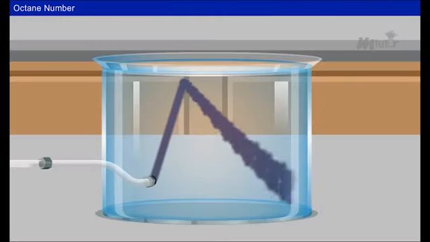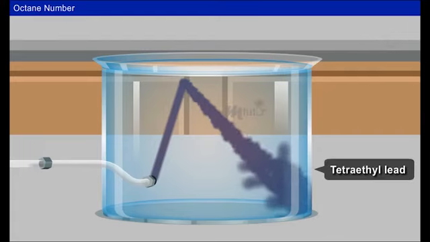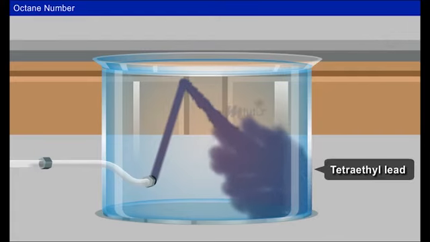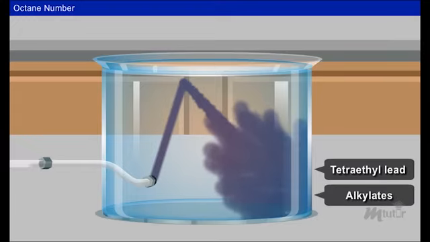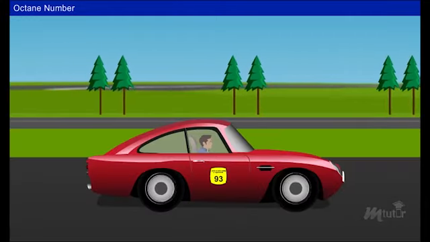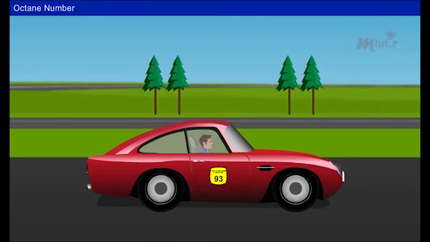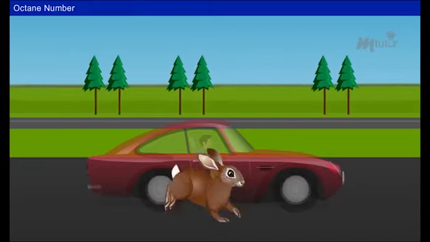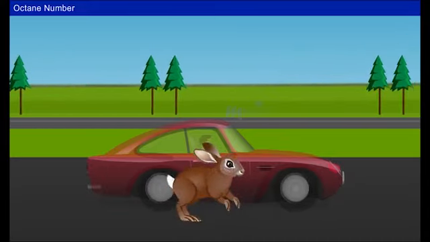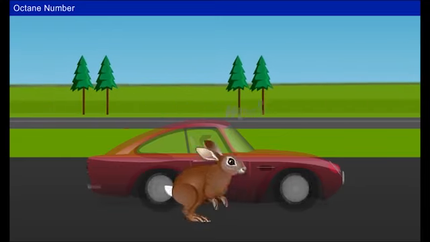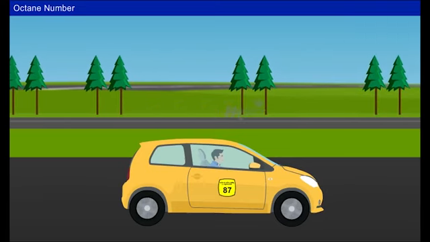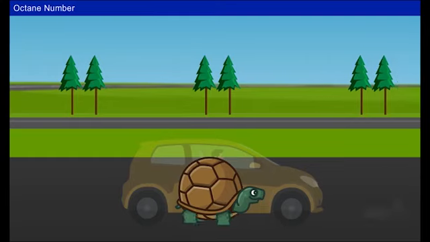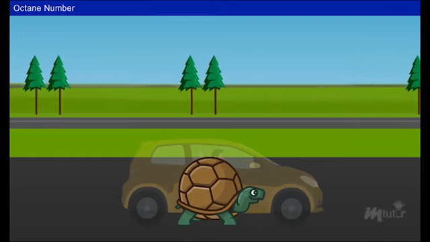Octane number can be improved by different methods. Tetraethyl lead, TEL, is the most common anti-knocking agent added to improve octane number. Nowadays, octane number is improved by adding alkylates to gasoline. Octane numbers for gasoline used in automobiles vary. Higher performance cars require gasoline with a higher octane rating. The fuel with higher octane rating prevents knocking in high-performance cars. Whereas an average car is built to run on gasoline with an 87 octane number,